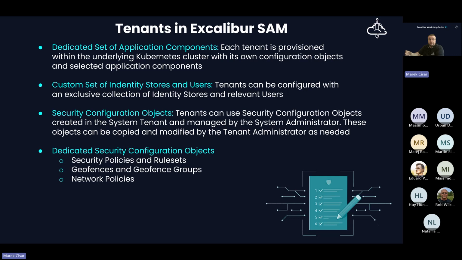Okay, each tenant can have his own set of identity stores configured. It doesn't matter if it is the local identity store, an Active Directory based one, or an Azure Entra ID kind of identity store. In previous workshops, I talked about these in much more detail, but basically each tenant can have his own dedicated set of configured identity stores, and there is basically an unlimited number of them.